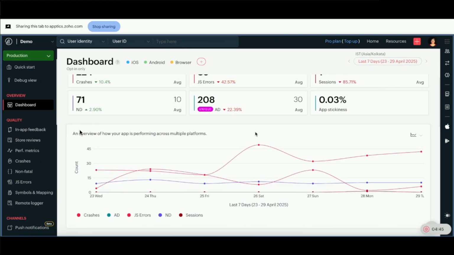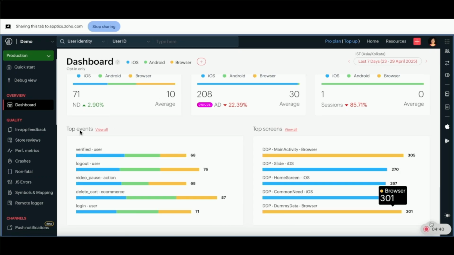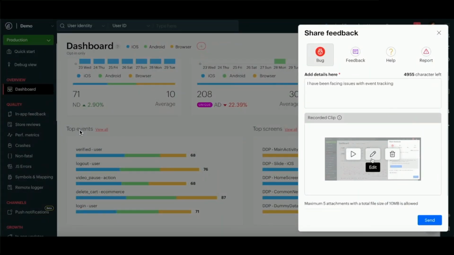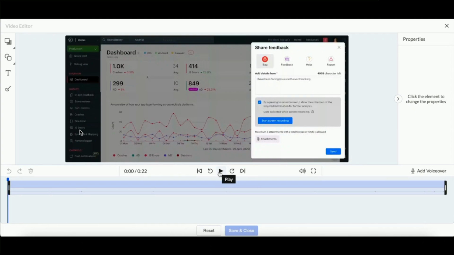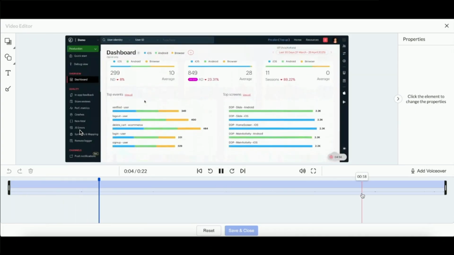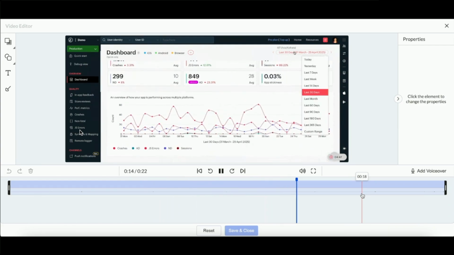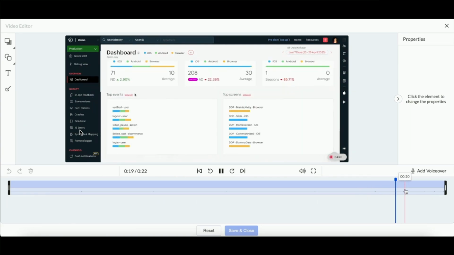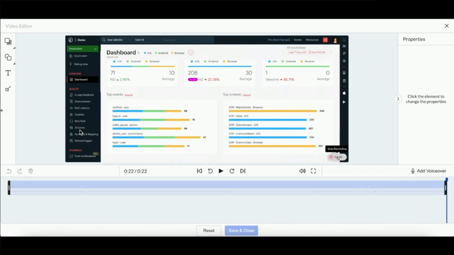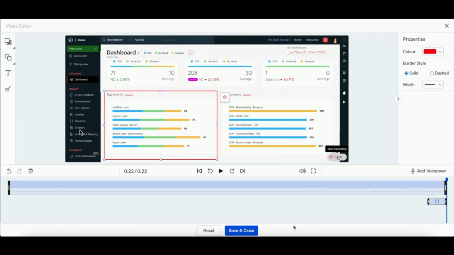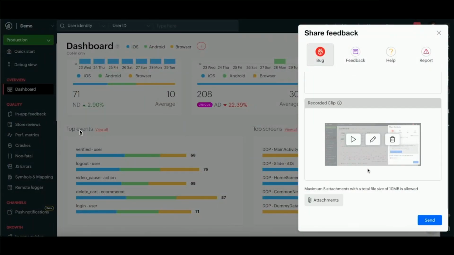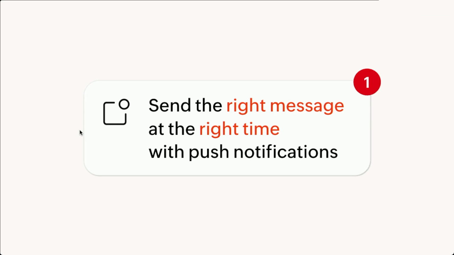So yeah, I'll just change the calendar here. And I can edit the recording that was just made. I'll just have a quick preview of what happened with the recording. And then if I want to highlight any particular areas where I was facing any issues, I can just highlight that using the annotator tools that are available on the left menu. If you see, I pointed an arrow by mistake, but yeah, there's a rectangle coming in. You save this and you send it. Once the feedback is sent, the feedback lands on the Aptix console.